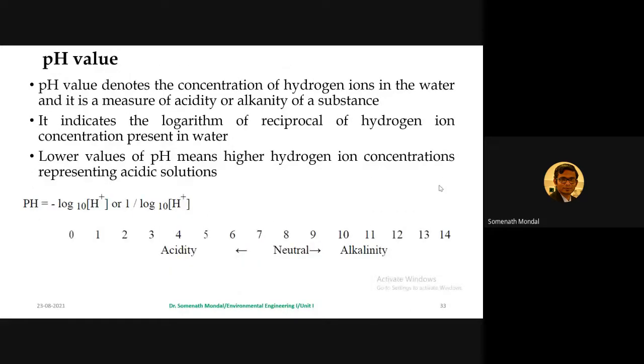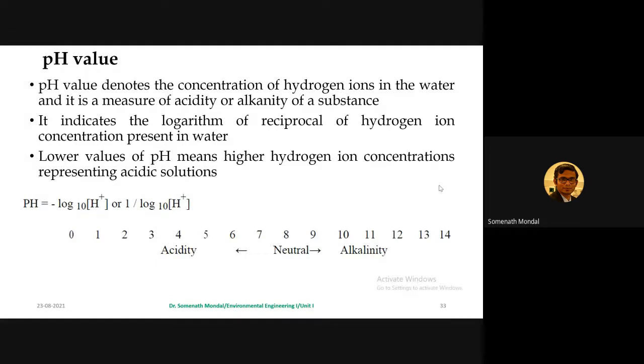Now, the second very important part is pH. pH indicates whether the water is acidic or alkaline. So pH is basically the logarithm of the reciprocal of the hydrogen ion concentration present in water, and that is the reason it tells whether the water is acidic or alkaline. Now, a lower value of pH means a higher hydrogen ion concentration, representing acidic solutions, and if you see the bottom part,